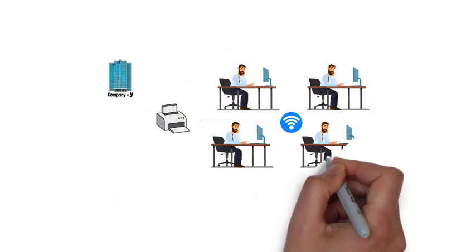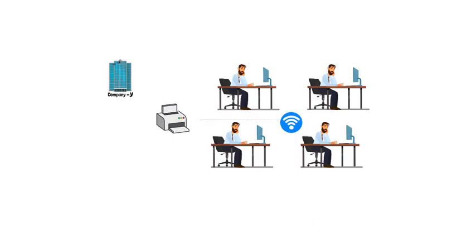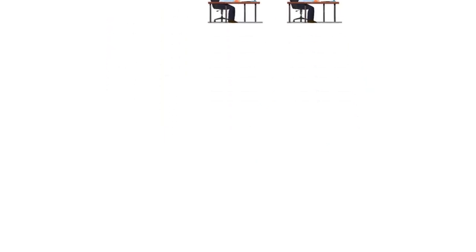Company Y also has 4 employees and 4 computers, but here, all devices are connected within the same network. When employees need to use a printer, we don't need to buy a printer for each one. As long as they are on the same network, we can buy one printer connected to the network and allow all employees to print from it. This means all employees have access to use the same printer within the network. In this case, Company Y saves a lot of money and significantly increases productivity.